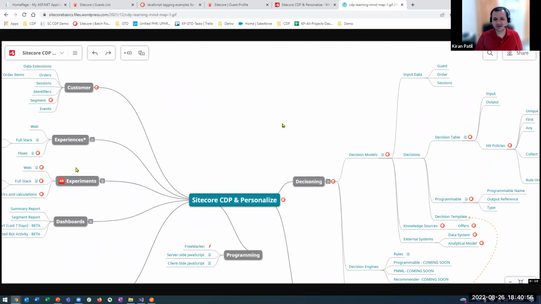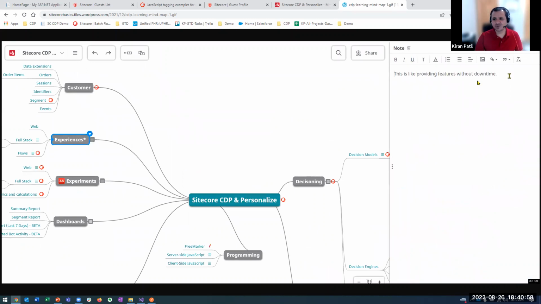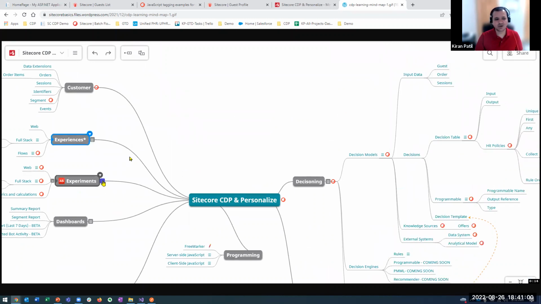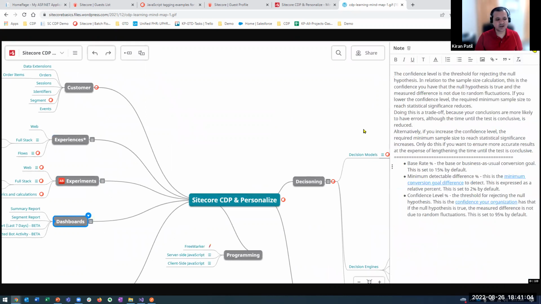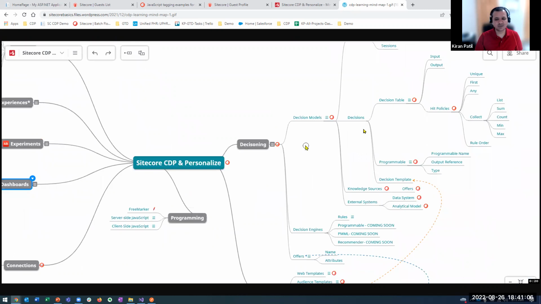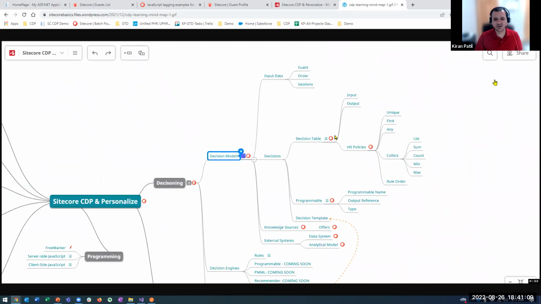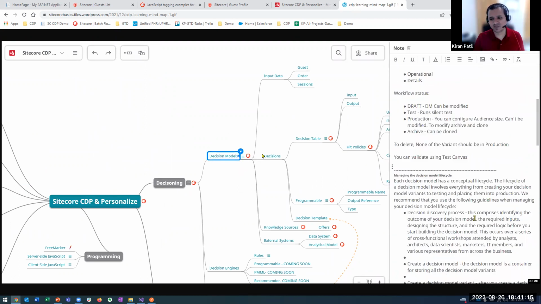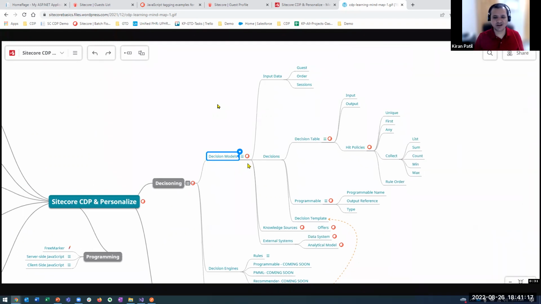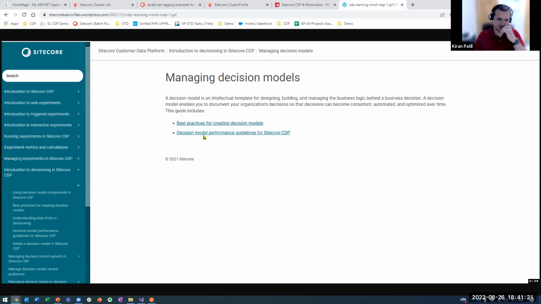You can open that mind map, and if you'd like to learn something, you can just look at that at a high level. And if you'd like to go deeper into some concept, you can click on the small Sitecore icon link, which will open that link on Sitecore's website, just to make your learning experience smoother. So once you click on the link, it will open the